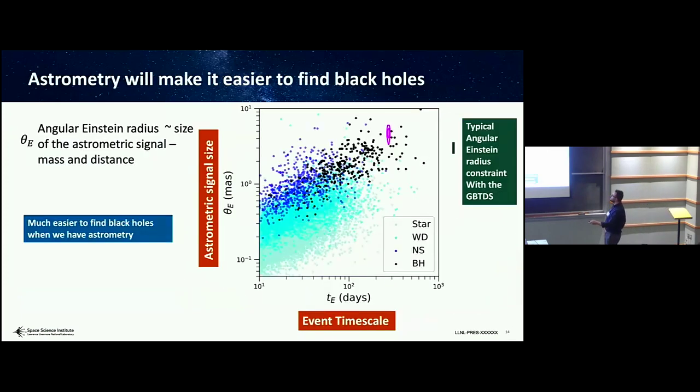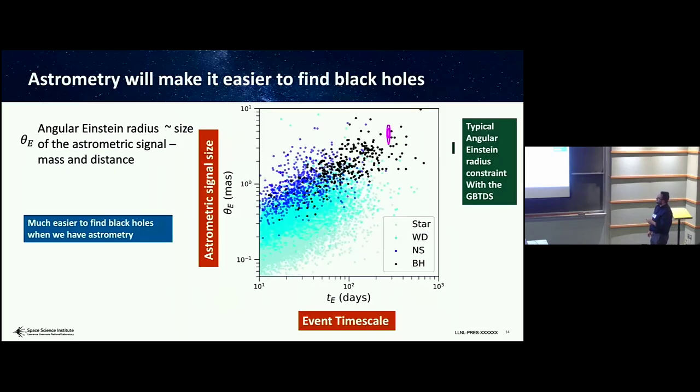And so you get more information when you have the astrometry. When you have the astrometry, you get to measure the angular Einstein radius. So if you remake these plots for where your lenses end up, your stars, your white dwarfs, your neutron stars, and your black holes, and you look,